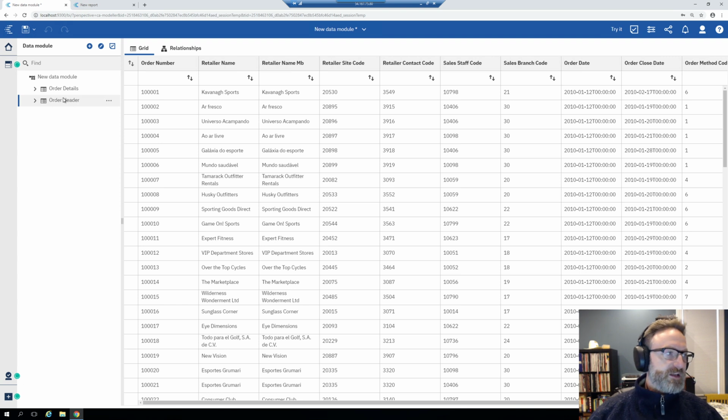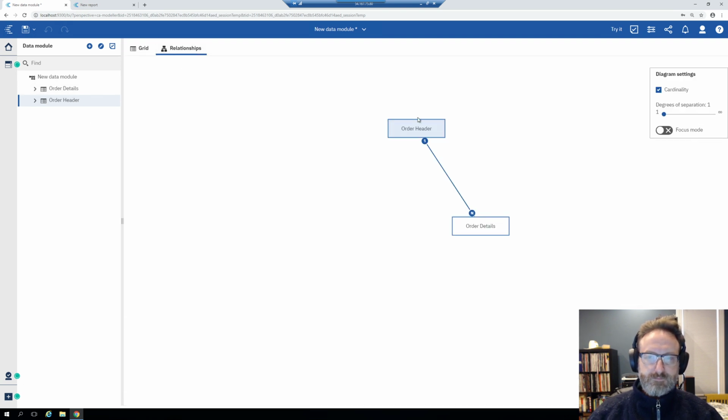Now, when I talk about manufacturing a fact, what I'm talking about is I want to present key items from these two tables as if they were a single table, more like a traditional fact table. So what I'm going to do is I can control click here to highlight the two tables, but I find that it's a little fussy. When I try to control click in the relationship view, sometimes I have to click 2 or 3 times before it will recognize that I'm clicking on that table. So another thing that you can do that is a little easier, I find, is if I look at,